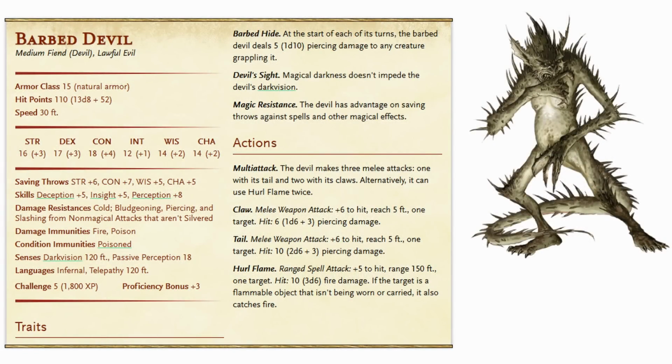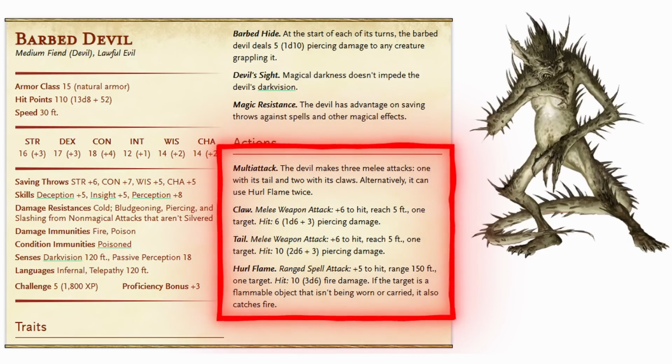For an example of this, let's take a look at a slightly more complicated stat block, the Barbed Devil. Now, the Barbed Devil has barbed hide, dealing damage to creatures that are trying to grapple it. It's got Devil Sight, and it's got magic resistance. Those are some excellent traits. But once the combat starts, it does one of two things. It uses its multi-attack to make 3 melee attacks, 1 with its tail and 2 with its claws, or it